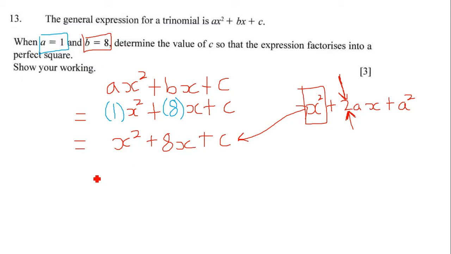If we pull out a 2, it's gonna be equal to x squared plus 2 times... what times 2 gives us 8? 4. So it's 2 times 4, open bracket, x plus